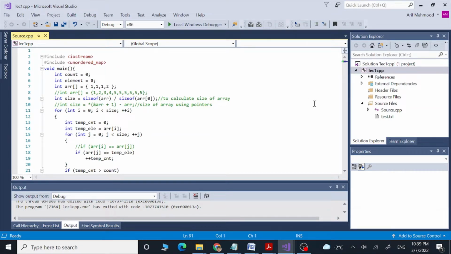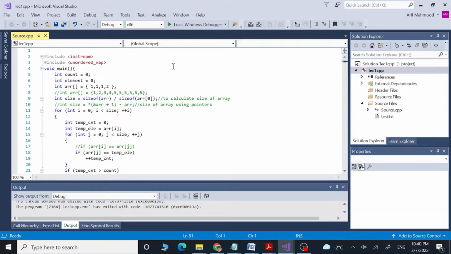In this video, we are going to see how we can find the most frequent element in an array, first in C++ and then in C Sharp. First, we are going to see how we can do it without using the unordered map or the dictionary, which is the version of the unordered map in C Sharp. And then we are going to see how we can use the dictionary or the unordered map of C++ to get the most frequent element in an array.